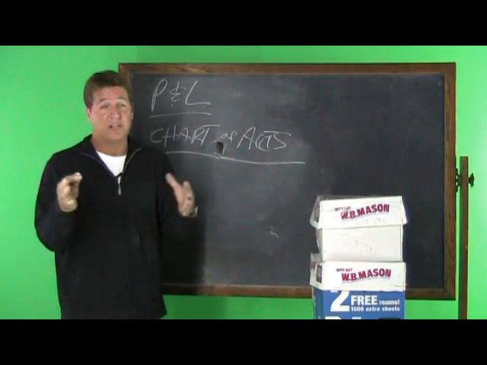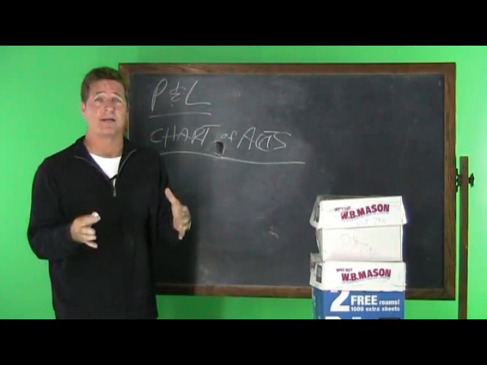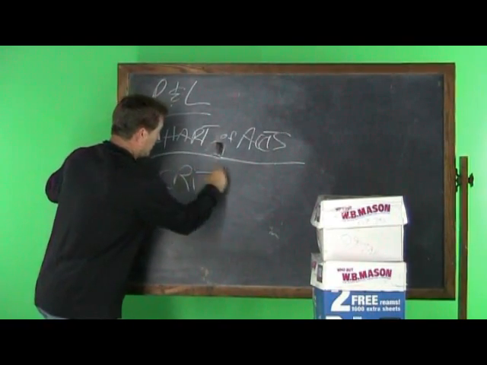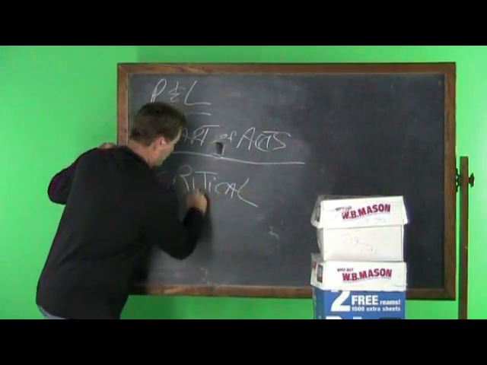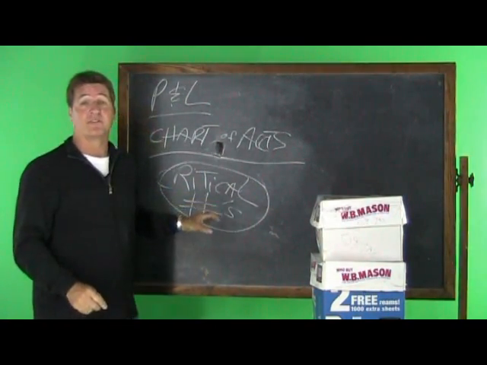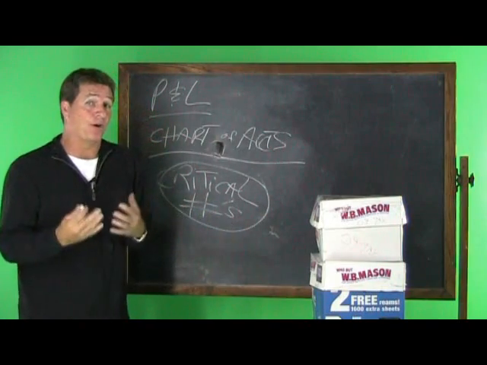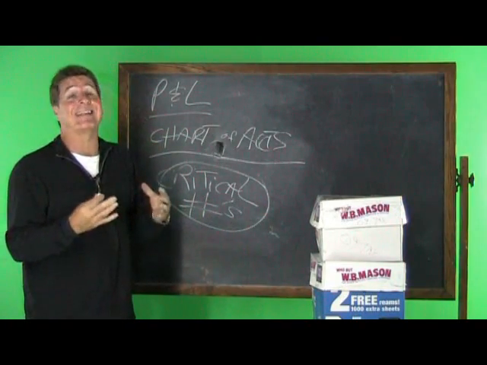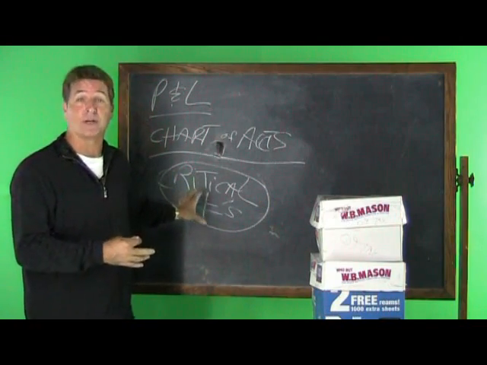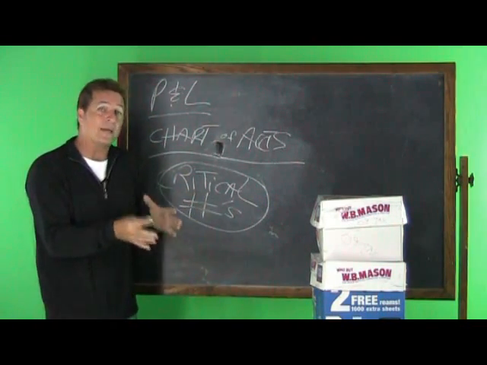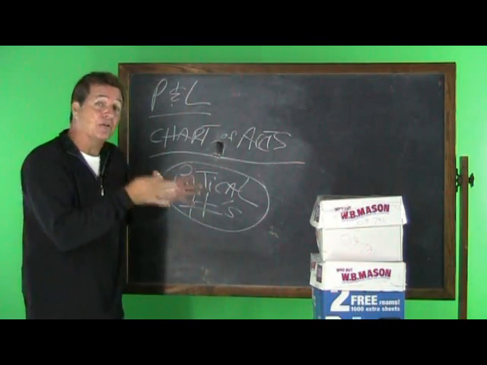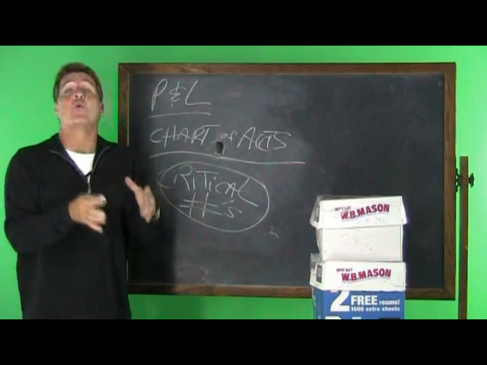You, the owner, should sit in front of your P&L every Monday morning and start looking at what we call the critical numbers. Now for us, just for an example, in our industry, since we're a service industry, labor is probably the biggest number of them all, so labor is what we call a critical number. So we want to monitor that critical number every single week so that if we see labor start to spike or get out of control, we can fix it.